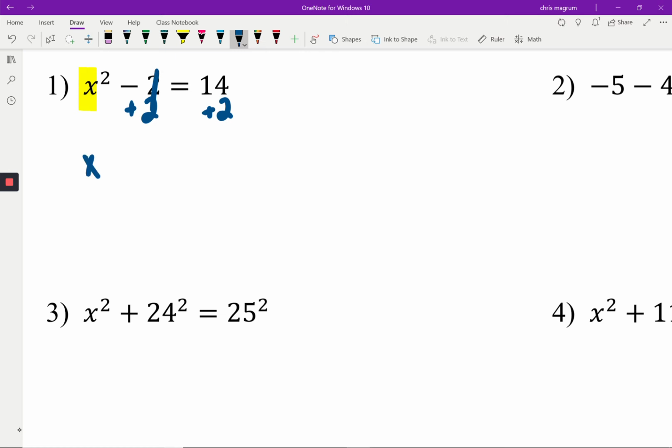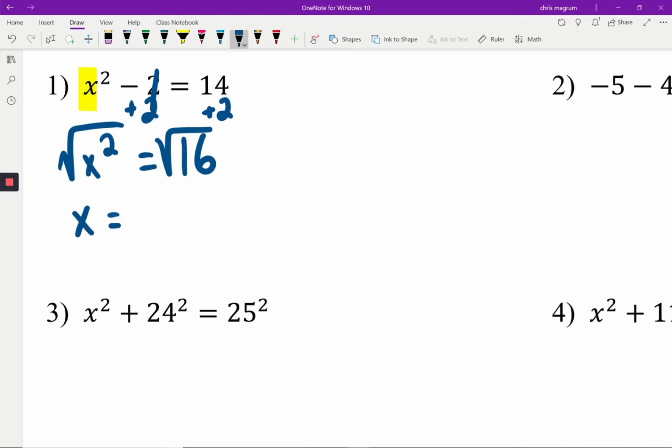We have x squared equals 16. So again, we're trying to isolate that x. We've got the part being squared by itself. So now we'll take the square root of both sides of our equation, or both values. So we take the square root of both sides, and most of you, again, right away realize the square root